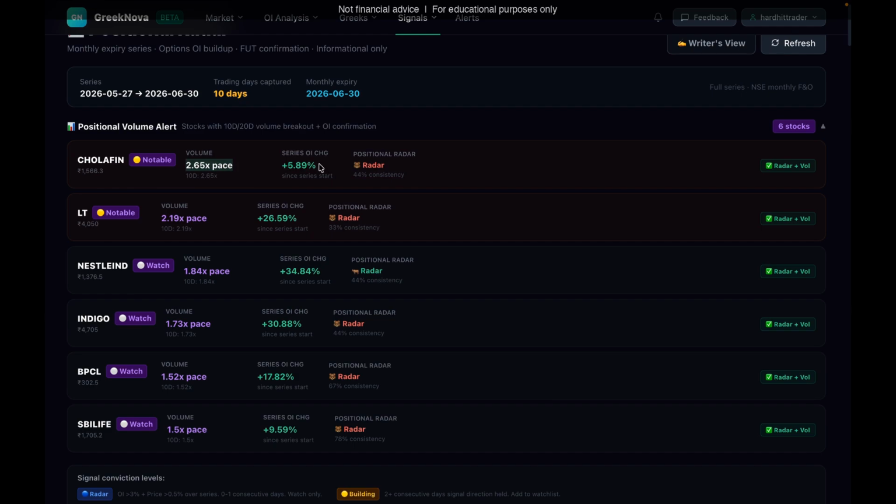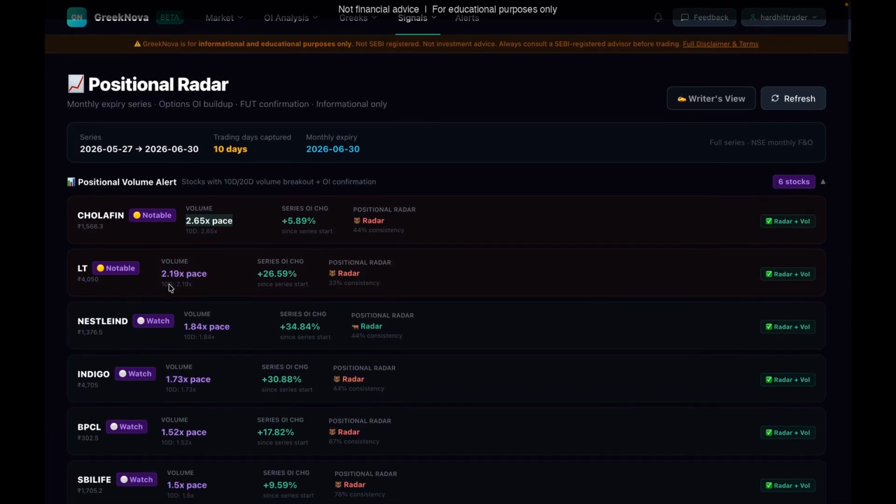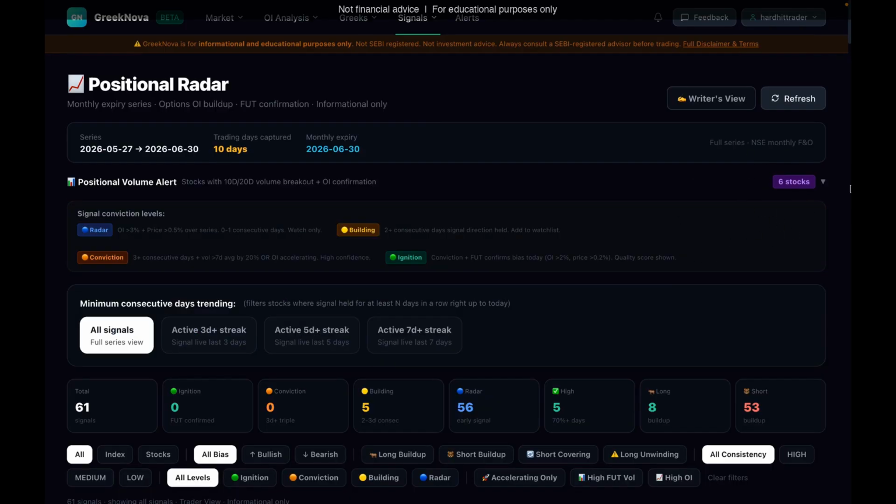Now, along with this positional radar information, I also have an alert for volumes. Where the volumes are, I'll be there. That is how I look into any trade if I'm trading. Okay, this is a new thing that I have added. You test it for a few days. We'll see over the intraday also how we use it overall. And then